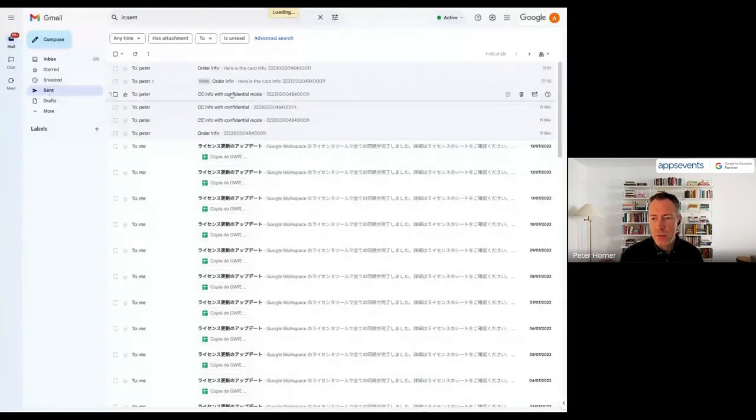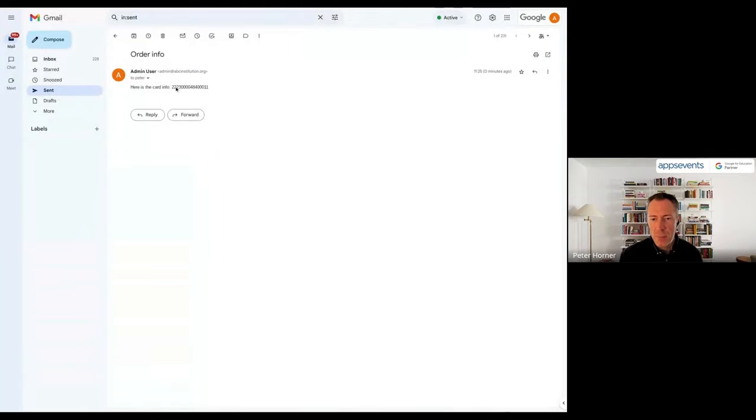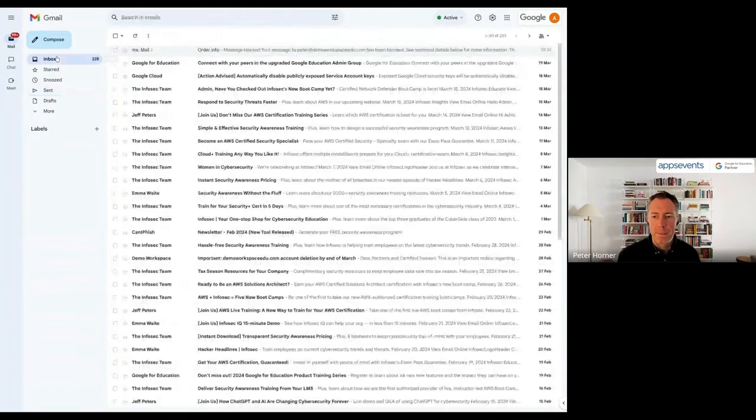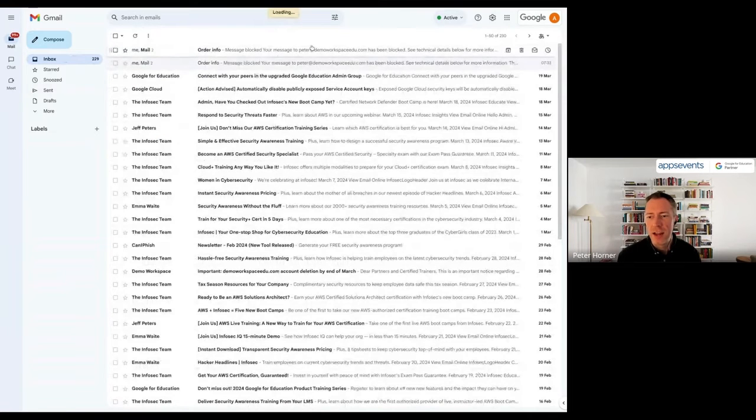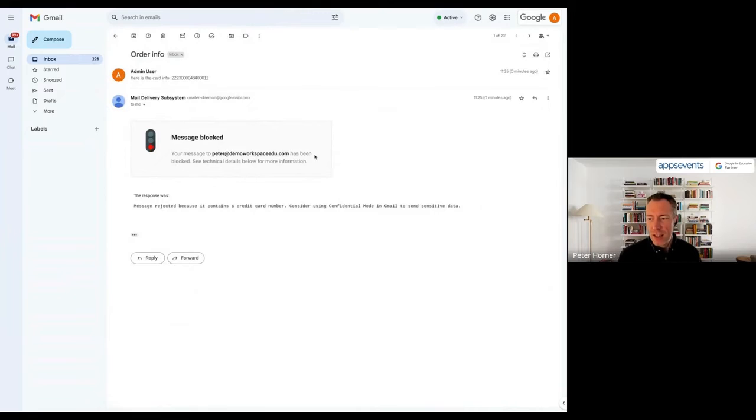And we can check our sent items. So here is the message. And in a moment, we should see a rejection message come back. So here we go. Oh no, that's the one from earlier. Oh, here it is. Just come in. So message blocked, and we've got our custom rejection message there informing the user about why that message was rejected